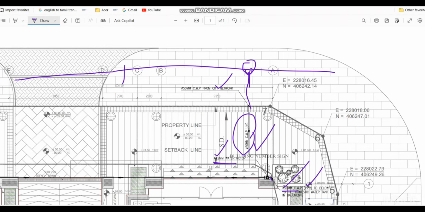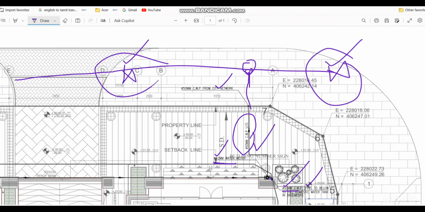What we normally do, there will be one front and one back side valve. It can be located far away or somewhere nearer. We have to verify the existing as-built drawing to locate the front side isolation valve and back side isolation valve. So we have to get the permit, and we have to close both the valves before we proceed with the work